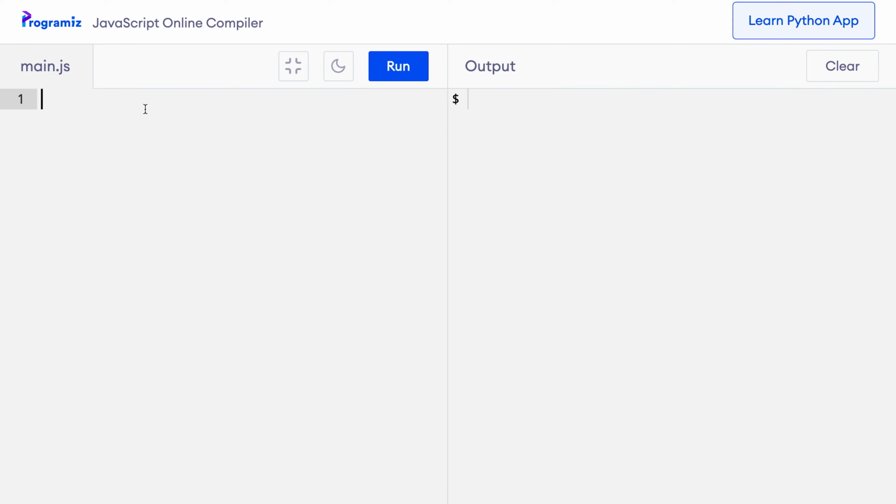So on my code editor, I can create an object by saying const person equals to curly braces, and I can store information as name, John, and age 20. This is the basic structure of a JavaScript object. Here, person is the name of the object and it stores a string data name and a number data or an integer data age. Just like variables, we can either use let or const as I have used here to